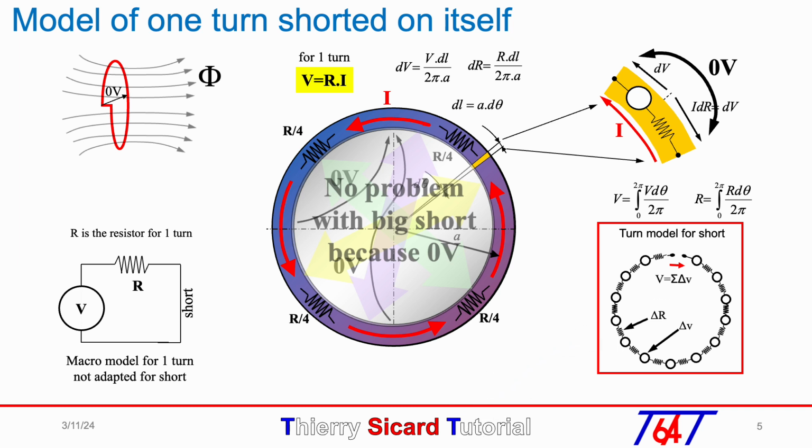If the winding is open, the red arrow will measure the integrated voltage V. But now, if the winding is shorted, the model explains very well why we cannot measure the voltage V, but at the same time we learned at school that the sum of the voltages for a closed circuit was 0 volt.